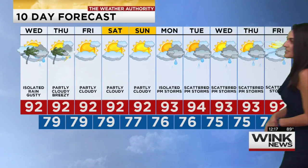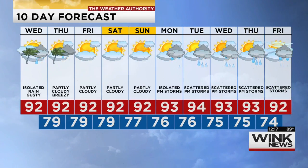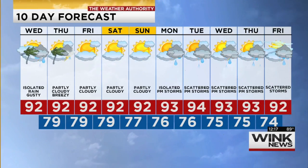So here's what we're looking at. We're still going to hold on to another day with some breezy conditions. That's for your Thursday. By Friday, gorgeous 90 degrees. Barely any rain in sight, but there's a look for Thursday. Once again, we do expect to see some breezy conditions at times, but we will see drier conditions by the weekend. Well, right now